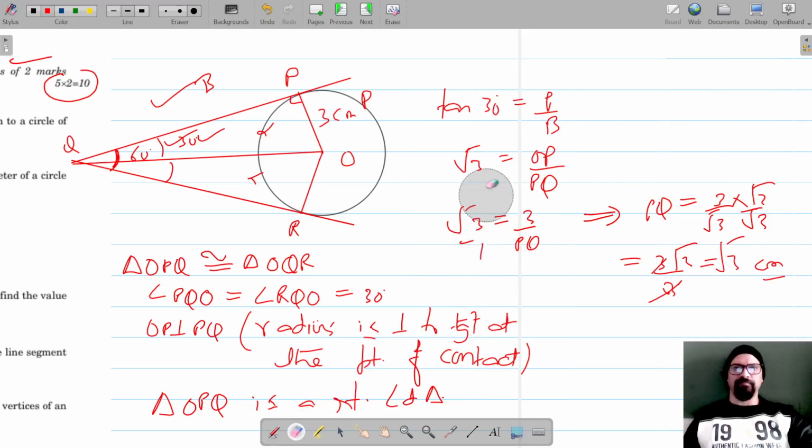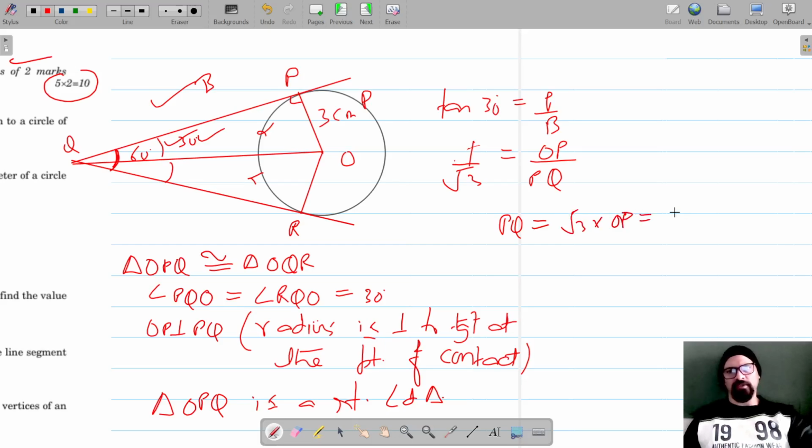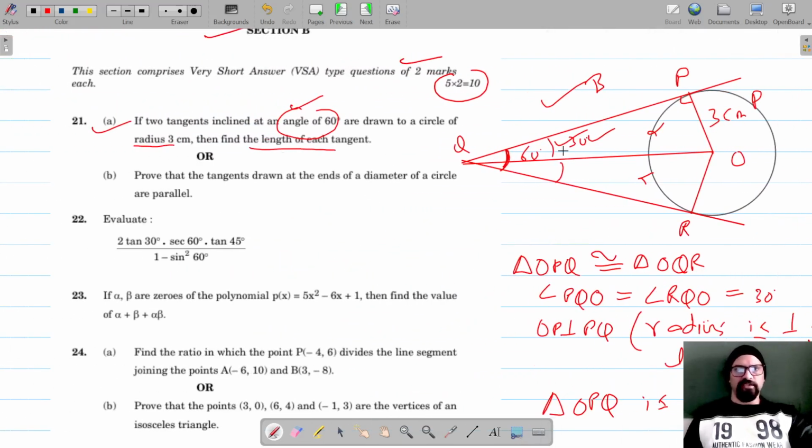Okay, so it's not that. The value of tan 30 is 1 by root 3, and OP is the perpendicular and the base is PQ. We have to find PQ, which gives me root 3 into OP, and OP is 3. So the answer is 3 root 3 centimeter. So the length of each tangent is 3 root 3 centimeter. Moving on to